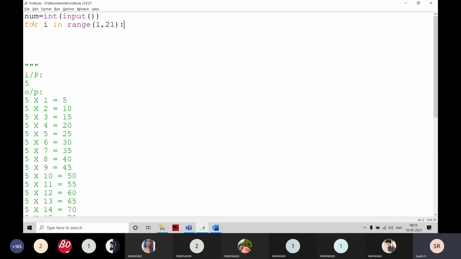That's why I'm going to write 21 there. I already discussed why I'm writing 21 here. Because it always works like this: i is less than 21 only. Less than 21 means up to 20 only. That's why I'm writing 20 plus 1, that is 21.